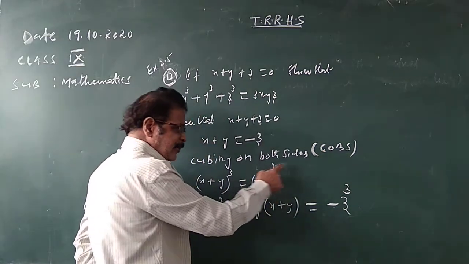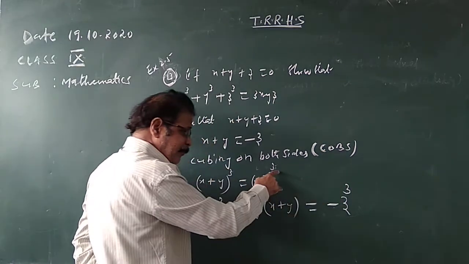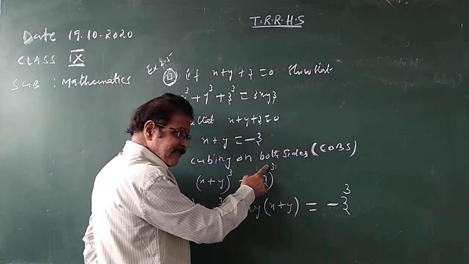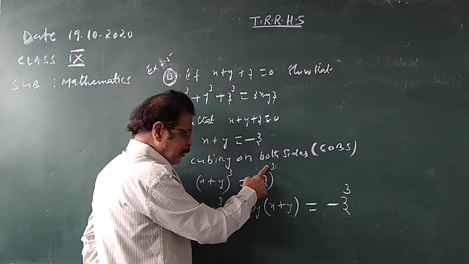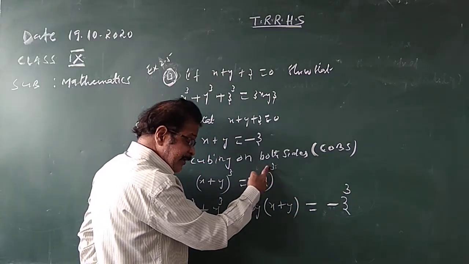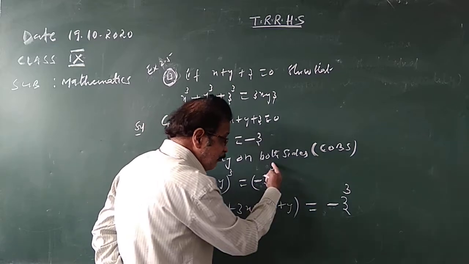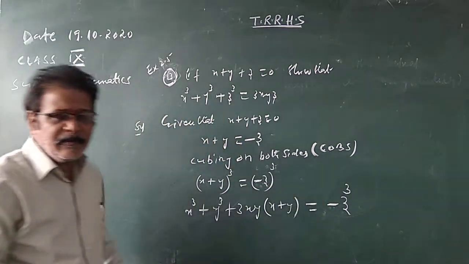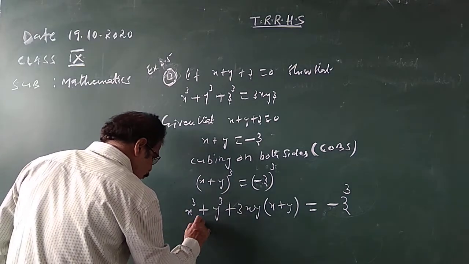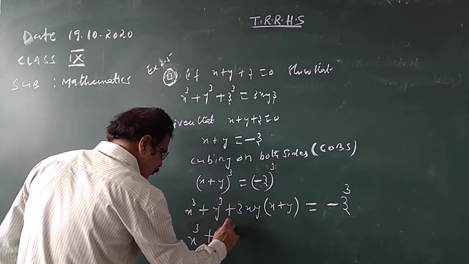The power is an odd number, that is why minus will come. If the power is even, 6 is there, so plus z to the power of 6. 7 is an odd number, so minus z to the power of 7. If the power is 9, minus z to the power of 9.